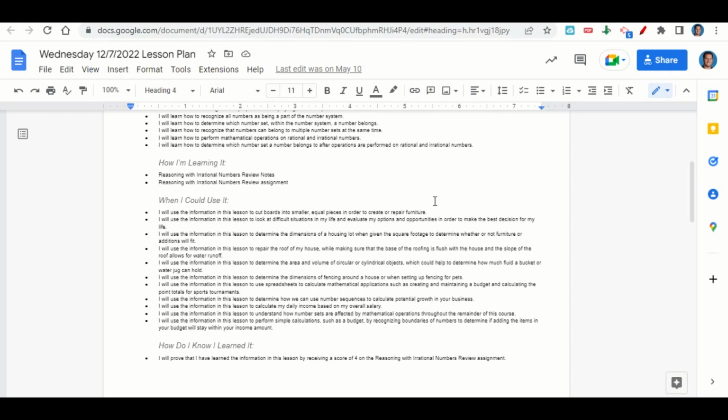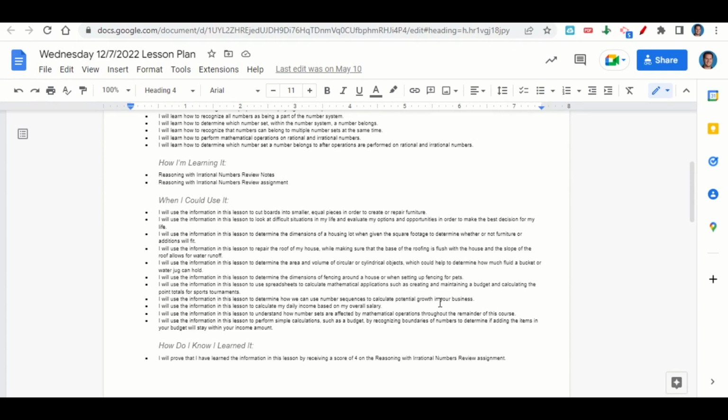To cut boards into smaller equal pieces in order to create or repair furniture, to look at difficult situations in your life and evaluate your options and opportunities in order to make the best decision for your life, to determine the dimensions of a housing lot when given the square footage to determine whether or not the furniture or additions will fit, to repair the roof of your house while making sure that the roofing is flush with the house